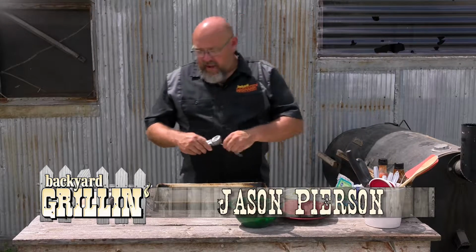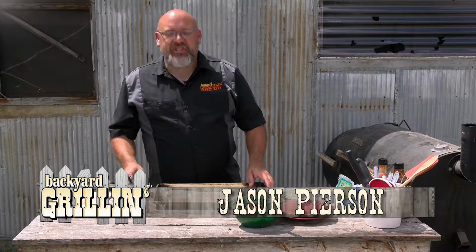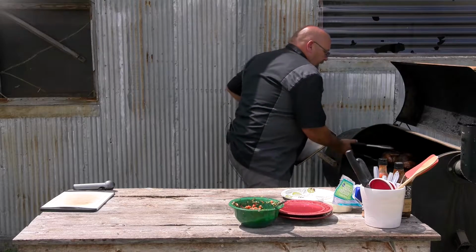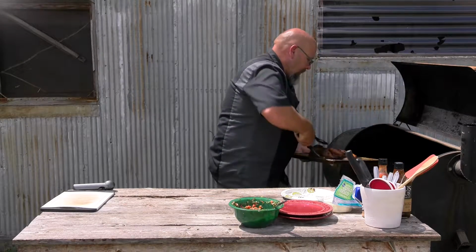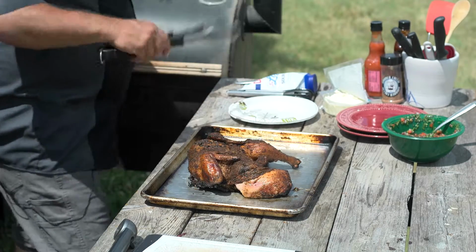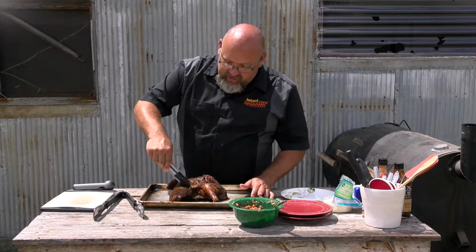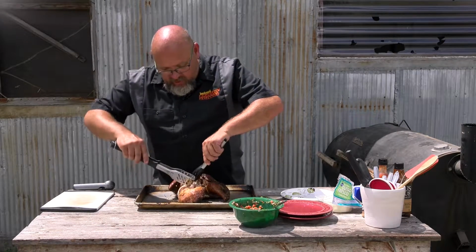Hey, welcome back to Backyard Grilling here on Nex-Tech Local 1, and our Spatchcock chicken is finished. I like saying that. I don't know why, but it's finished. We're gonna go ahead and yank it off of the grill. All right, now we're gonna pull it. Now, this may not be good to some people, but I dig it. What I'm gonna do is,